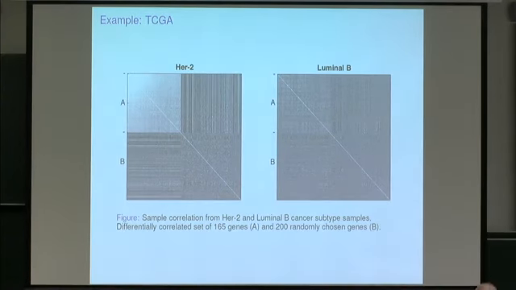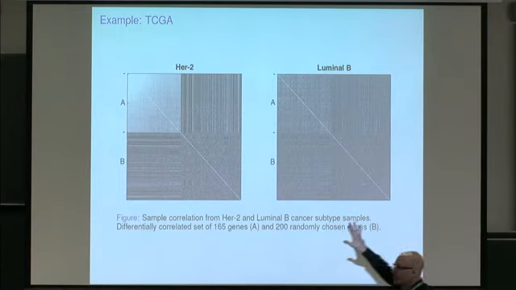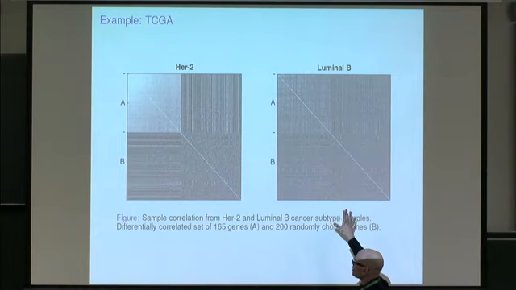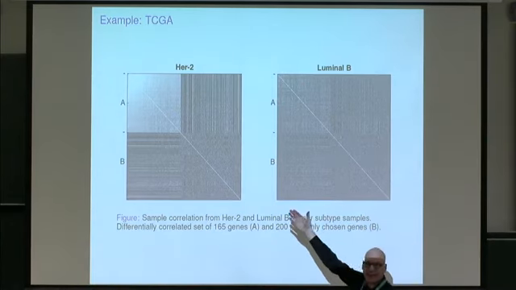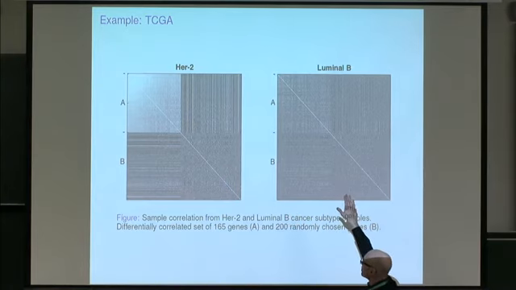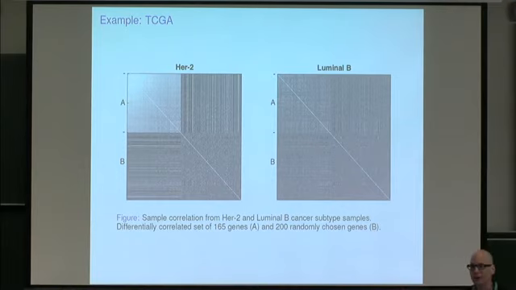So here's, just to give you a view, now here we're not looking at the data matrices, but we're looking at the correlation matrices. So this is a typical thing one sees. We looked at a subset of some gene expression data. These are two cancer subtypes, HER2 and luminal B, the breast cancer subtypes, and we found the set A. So you can see the set A is, I think, less correlated in the HER2 subtype, more correlated in the luminal B subtype, and the other variables don't show, in this case, with this ordering of the variables, a lot of difference. Okay, so it's the kind of thing we're after from the correlation matrix point of view.